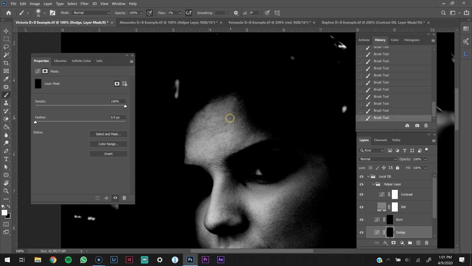And I'm just getting a general base on where I want to start fixing these transitions. So I'm looking for the dark areas and trying to figure out if I can blend that exposure so it's all nice and even. And because I'm set at 1% flow, I'm able to build this up, and just with a couple of clicks,